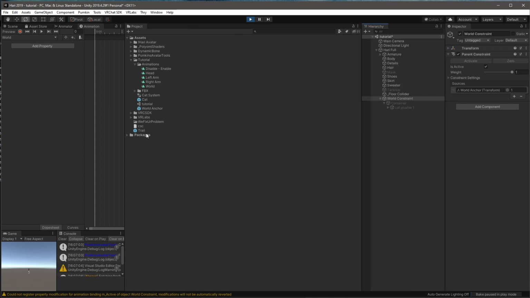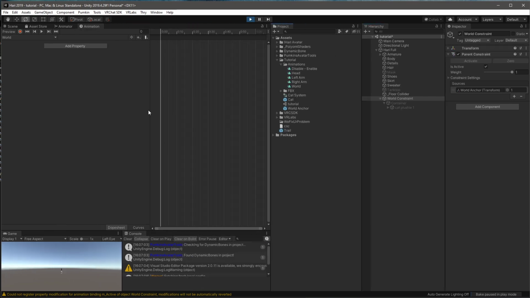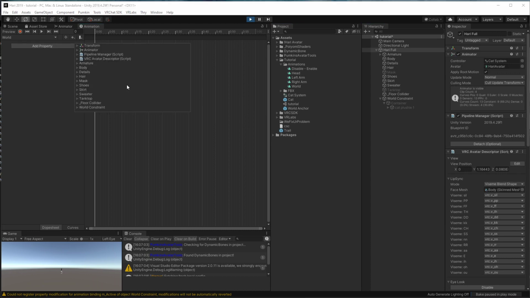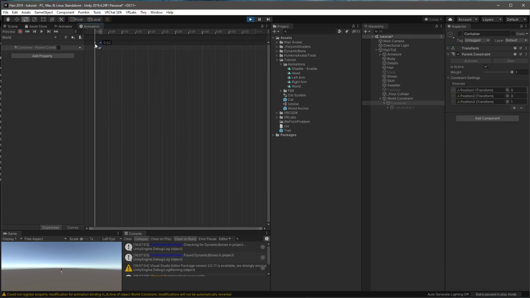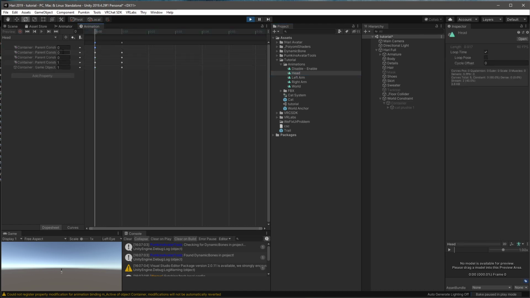My UI is doing great things right now. So add property, world constraint, container, and then the container's parent constraint, and then active. I'm going to set that to false. And then make sure both frames are the same here, so they're both false. And I'm actually going to take this frame and copy it. And then I'm going to paste it into head, except I'm going to change the keyframe's value to 1 because